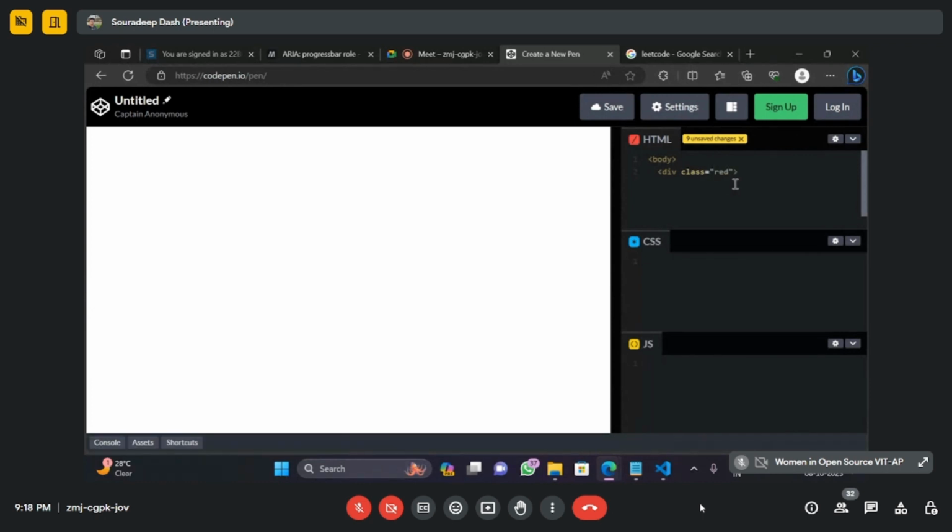I will make it red after that, and yes, I will be using this style of mentioning things. I will create a class, and that class name will be what I want to do with the styling part only. That will help us later on when we will be using a bulk amount of code. So naming each thing about what we are going to do with it will help us a lot. This will also prevent confusions. Okay, so ending, closing as